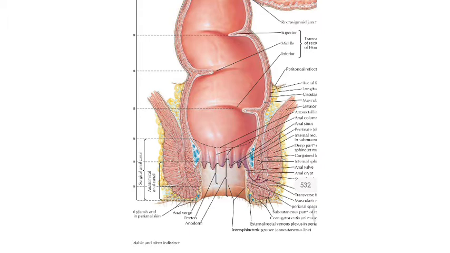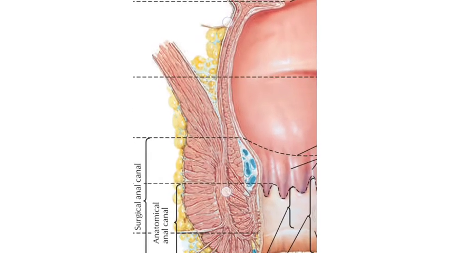Now when we trace below, we can see some interesting features. So let's get oriented with this diagram. This whole region is the rectum, while from here onwards this is the anorectal junction. All this part will be the anal canal. So now we will be focusing on this region to get a better understanding of the longitudinal muscle of the rectum. Okay, we will zoom in.